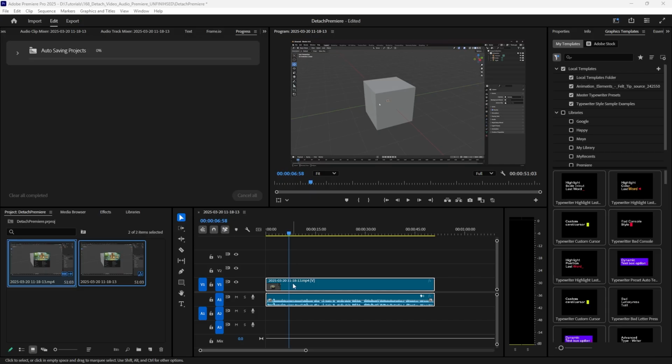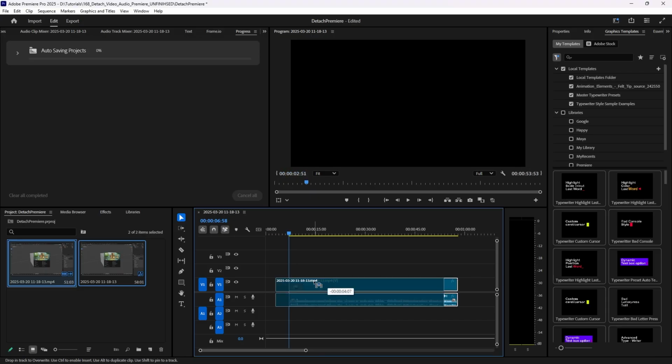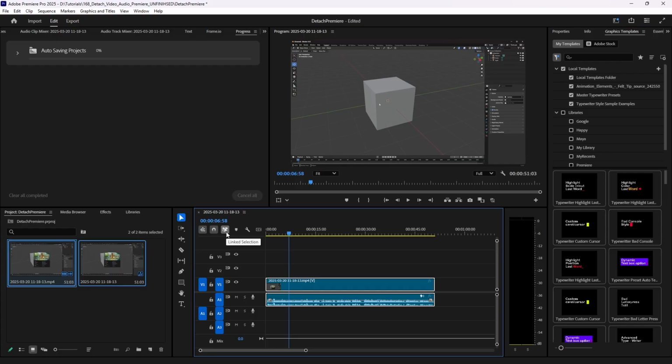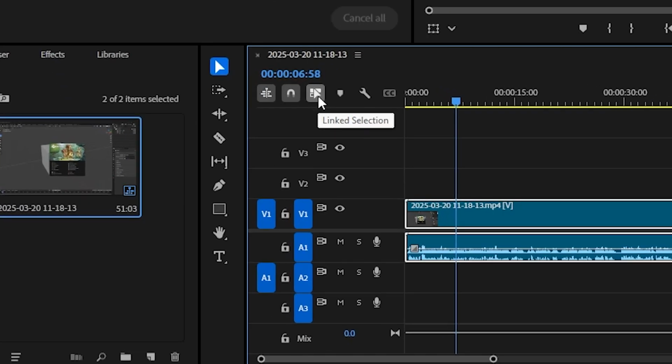If you're in Premiere and you want to detach your video and audio so that you can edit them independently of one another, it's pretty simple to do so. You just have to unlink them. In order to do this, you just go up to this button called Linked Selection and select it, and